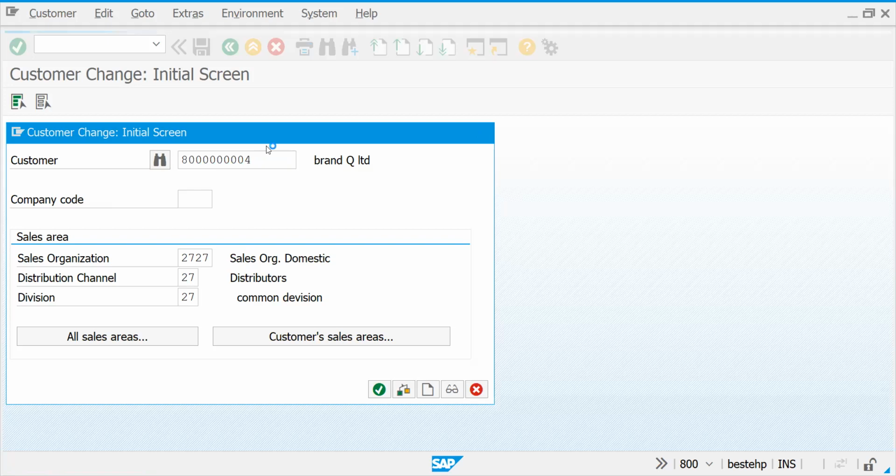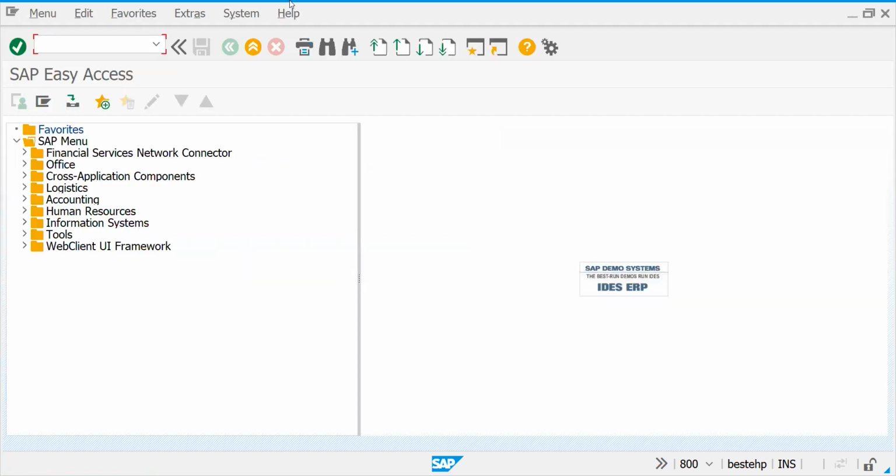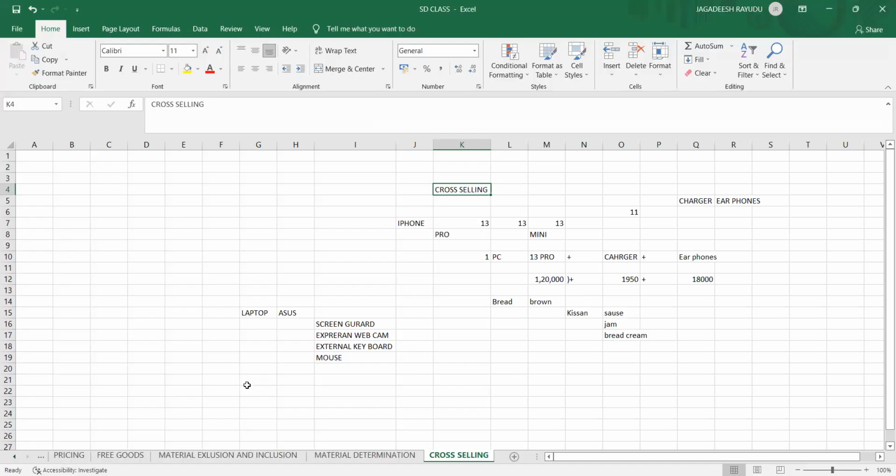So now how to maintain the condition record? For maintaining condition records, it is VB41 for create, VB42 for change, VB43 for display: create, display and change.